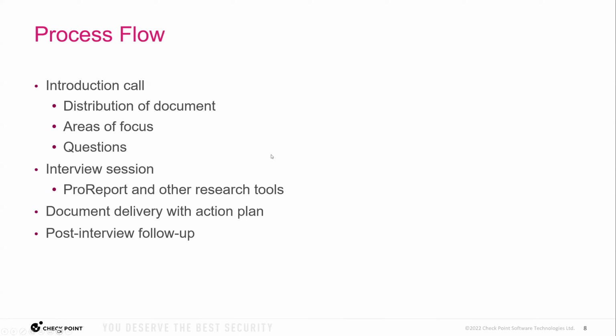And then we'll go into an interview session. That interview will basically be running through the questions that I'll show in a minute, building out the report, and then doing some data collection and research. And that's going to come from the tools that I showed earlier. After we take the output of our tools and our interview information,